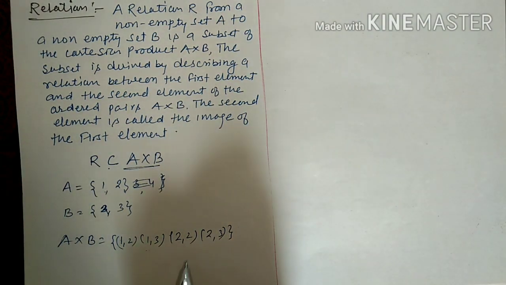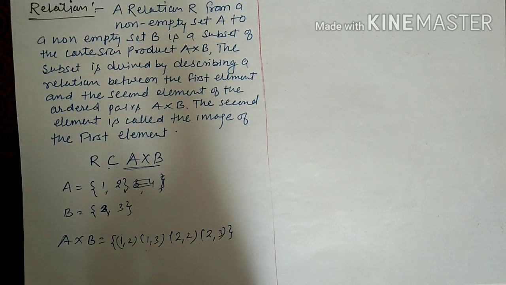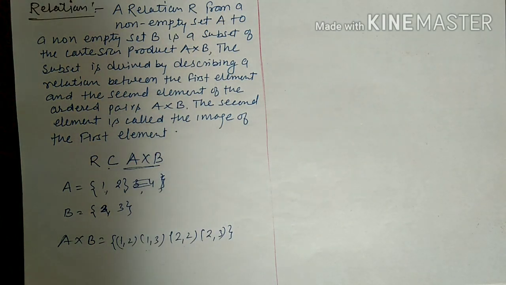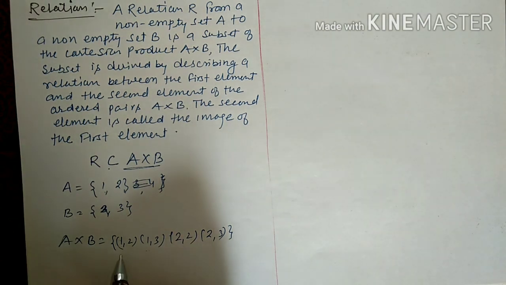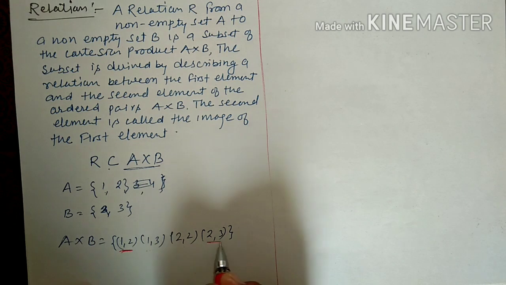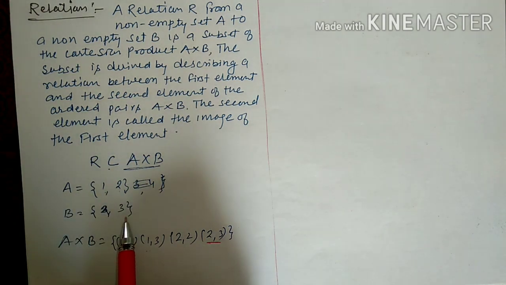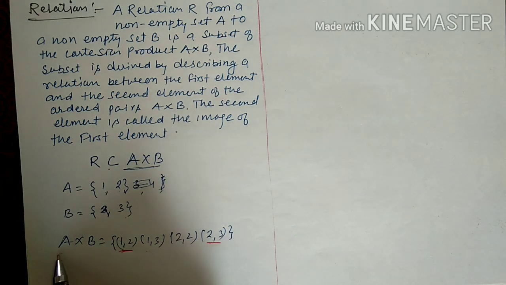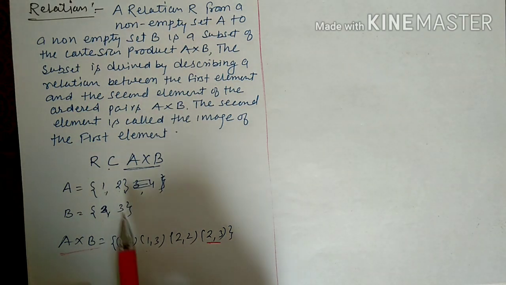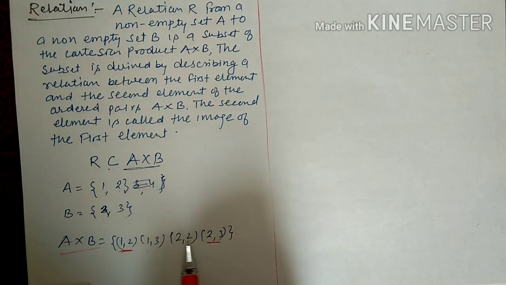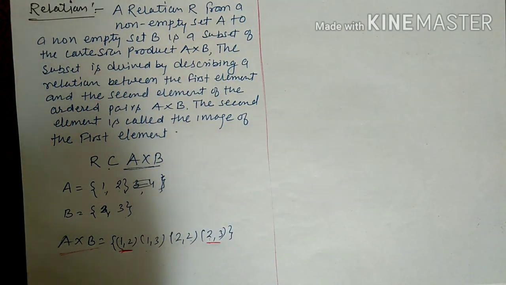now we will select the elements in which the second element is 1 greater than the first element. So (1,2). Clear? We have a set A = {1, 2}, and set B is the second set, {2, 3}. First of all we will find the Cartesian product. So what is the Cartesian product? (1,2), (1,3), (2,2), (2,3). Clear? Now we have to establish a relation here. Relation R